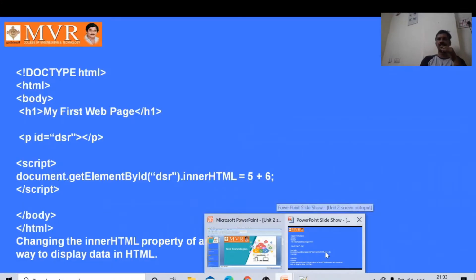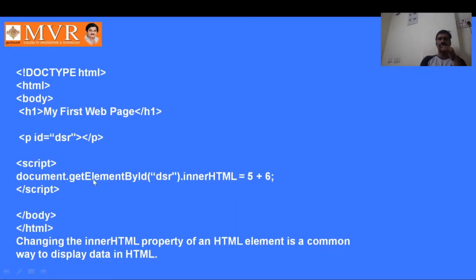Once again, document.getElementById, we specify the id name, then .innerHTML. This is the syntax. In innerHTML, inner is small letters, HTML is capital letters, and in getElementById the E, B, I are capital letters.